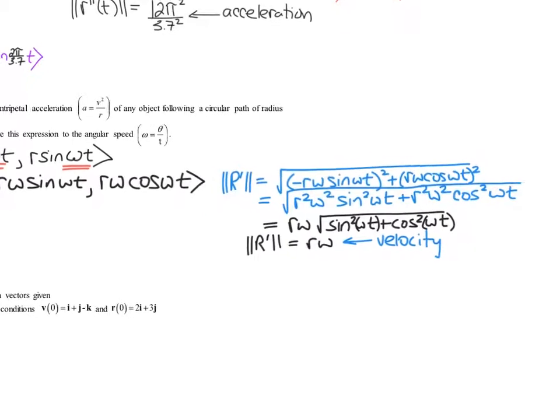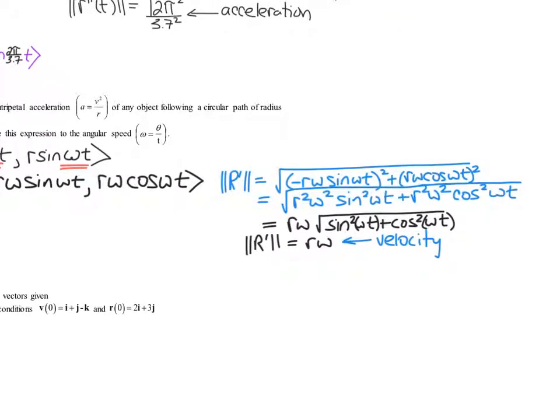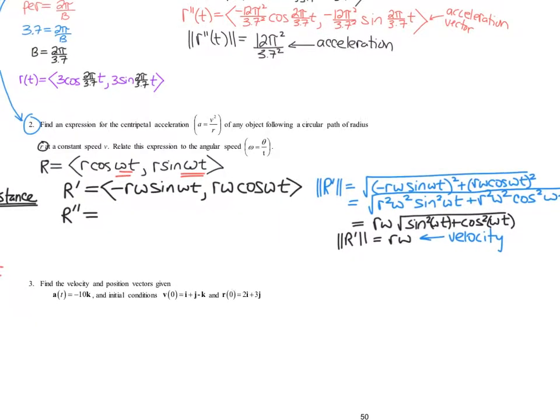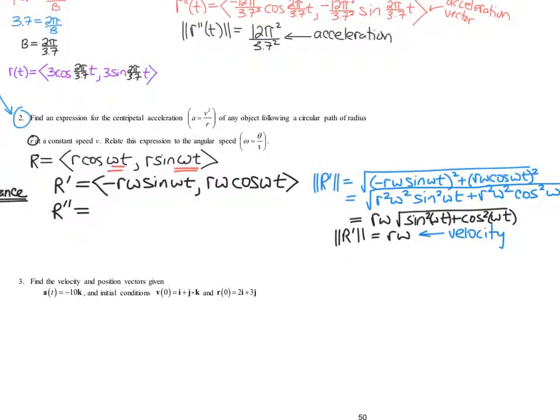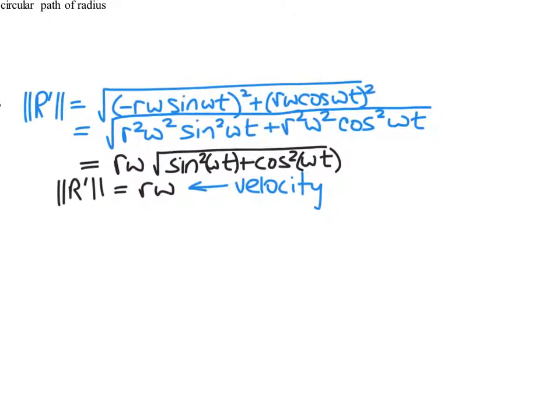And you can do the same thing for acceleration. So if you want to, at this point, you can make a substitution where you have R multiplied by the actual omega, which is theta over t. That's what I was getting at before, where I was talking about theta equals S over R, S equals R theta, all these different relationships. If I make a substitution here, R multiplied by what omega really is, theta over t,